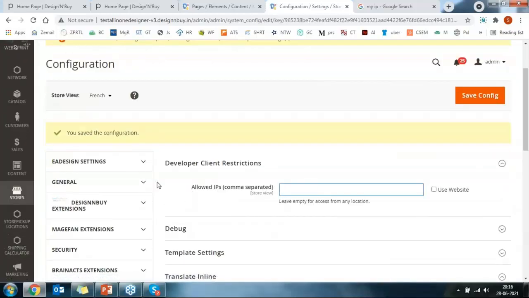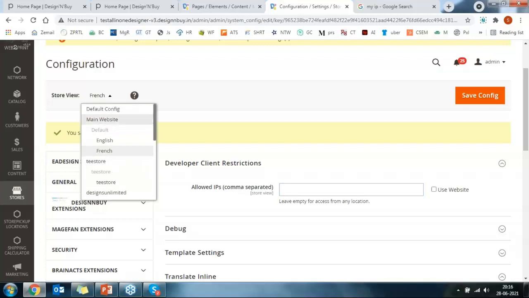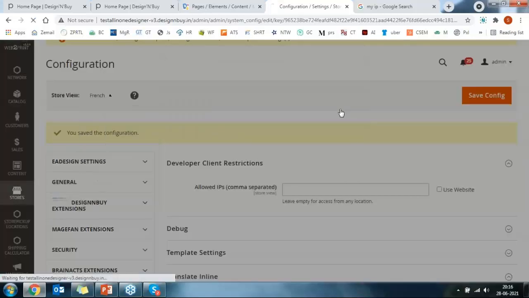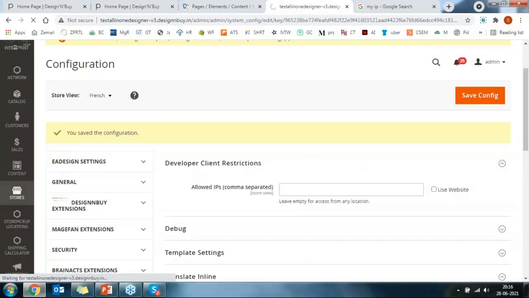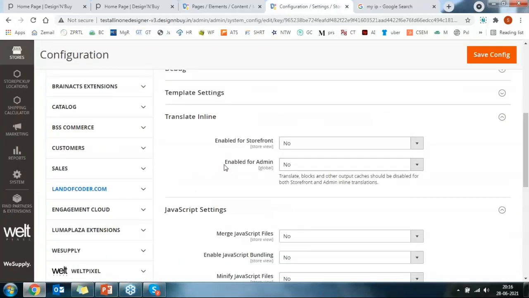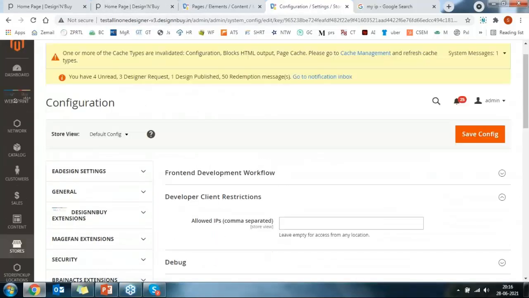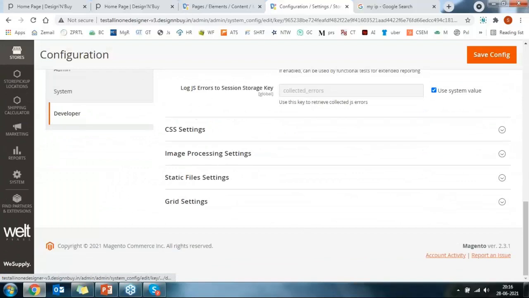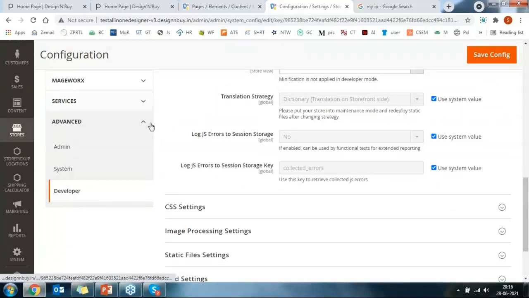you can even translate the website for the backend as well. Let's say I want to translate the backend. That is also possible. See, enable for admin, yes, and save it. So you can translate your admin as well. For example, if you're not seeing this developer option over here, if I'm expanding the advanced tab and I'm not seeing the developer option over here,